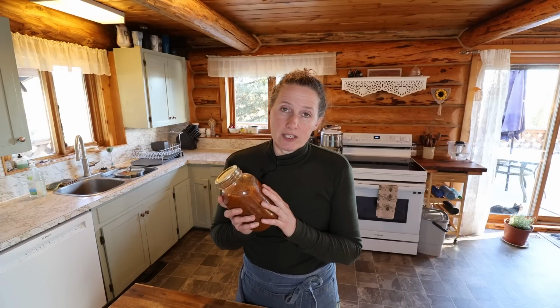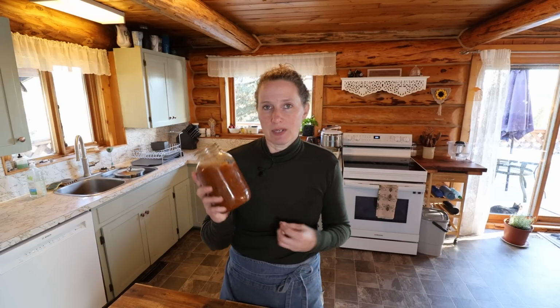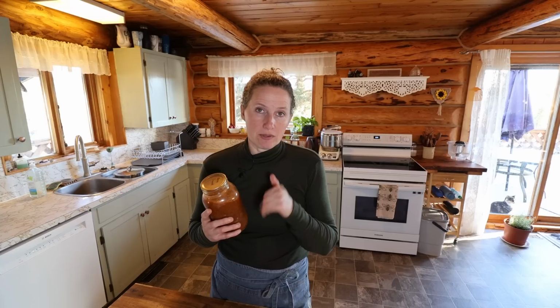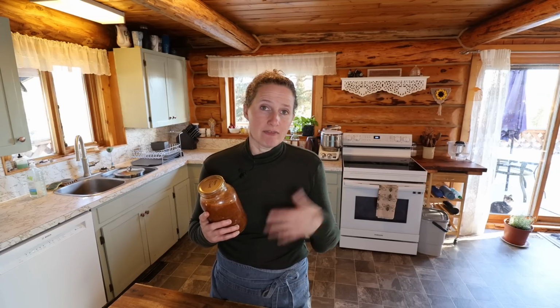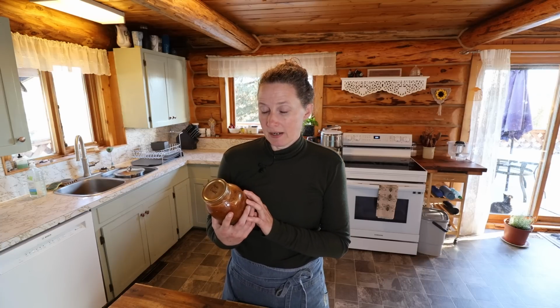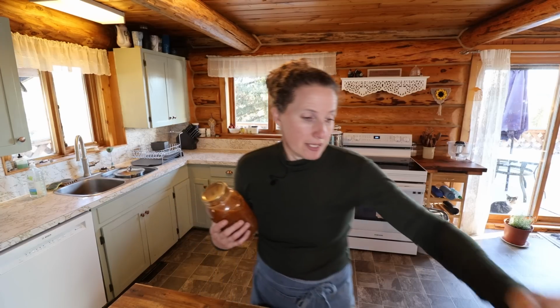So what we've decided to do moving forward, just because we can't predetermine how the beef is going to can up, is to omit the beef from these sauces, both of them, and just fry up some beef and add that, because that's not a big deal to just fry up some beef. You can even do it from frozen if you forget to take it out of the freezer, and then add that to this. So moving forward, I'm not going to be adding beef to either of these recipes, Sloppy Joes